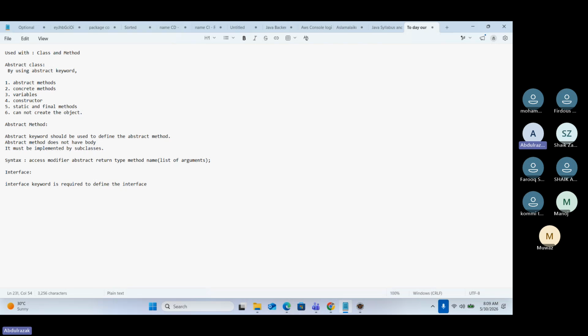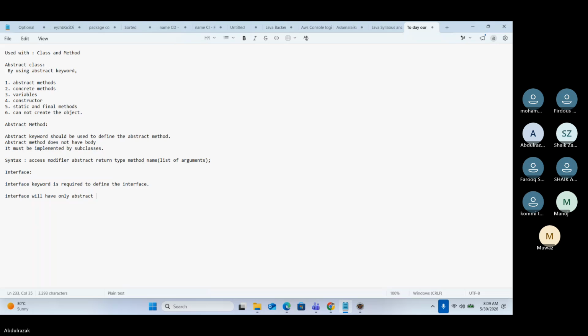This also looks like a class only, but a small difference is there. And an interface will have only